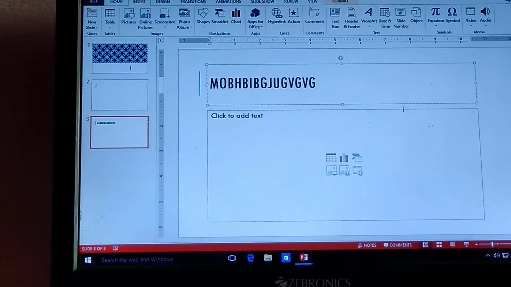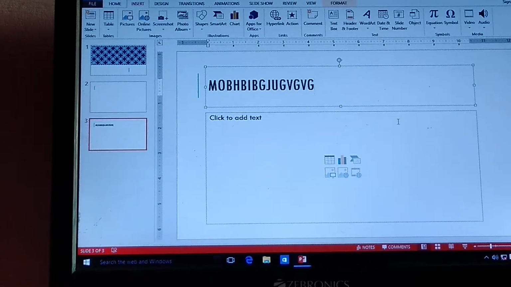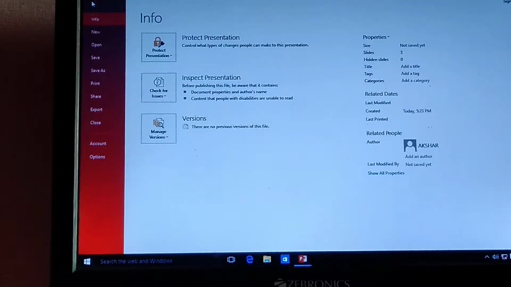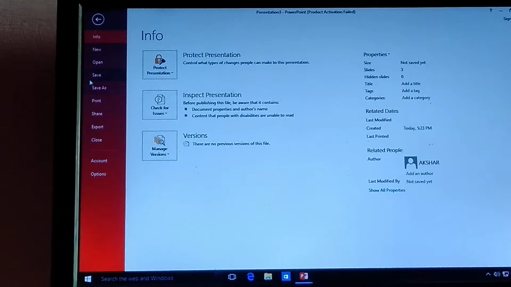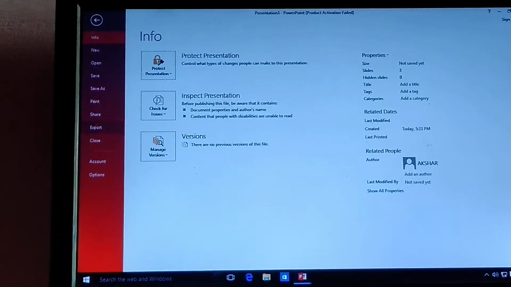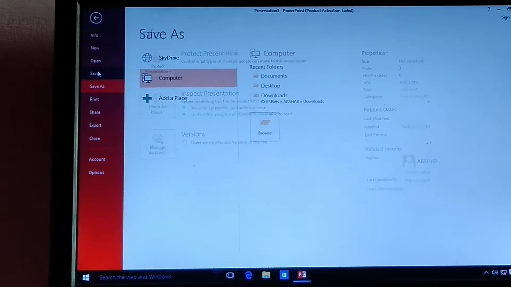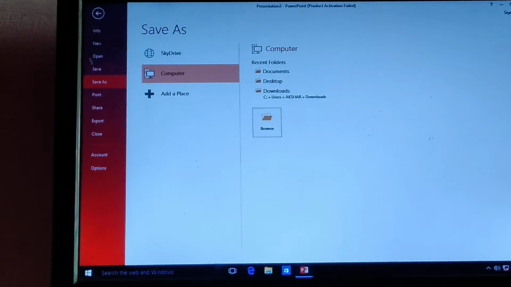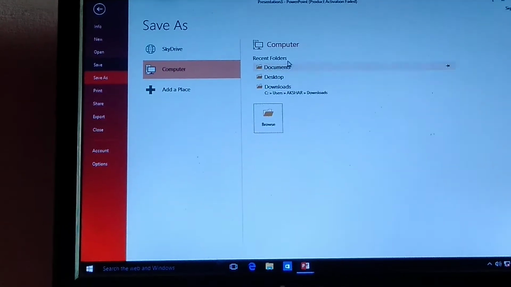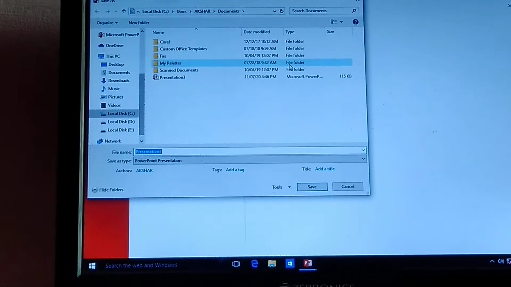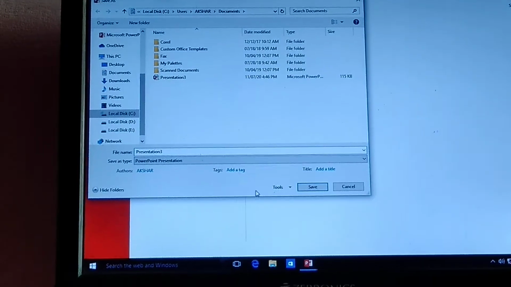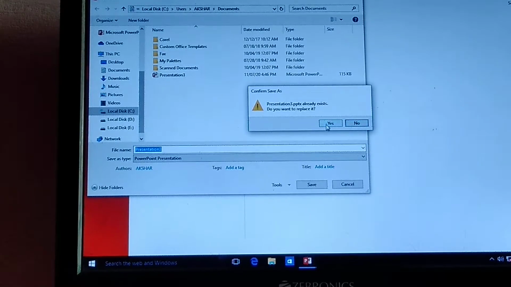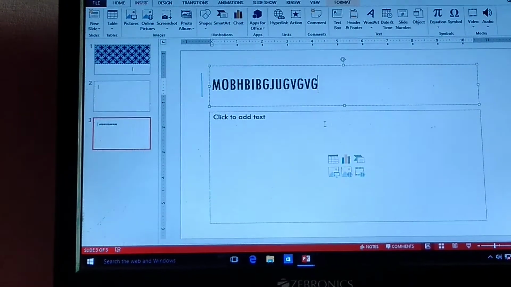Last option, if you open page number 121, you will see how to save a presentation. In order to save a presentation, we have to click on the File tab. Then Backstage will open. Here we have to click on the Save button. Then the Save As dialog box will open. Then we have to select a place. Okay. And we have to type the presentation name and click on the Save button. This way you will save your file.